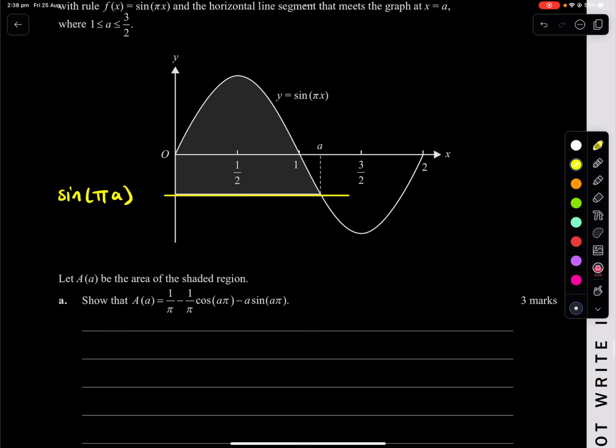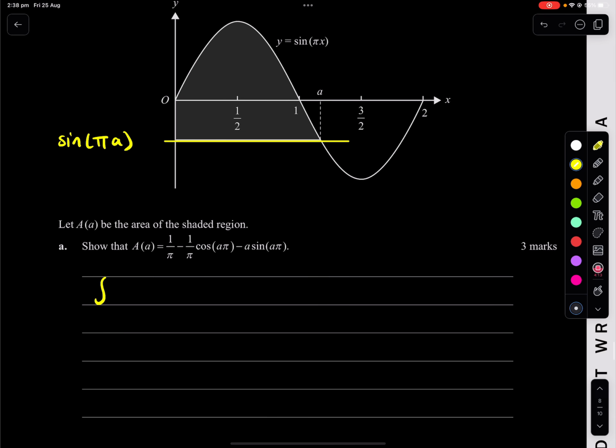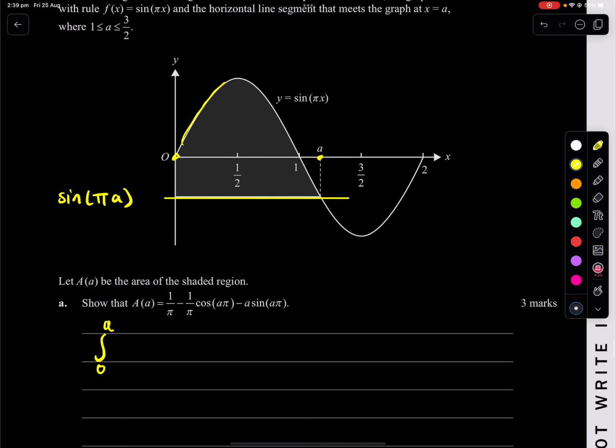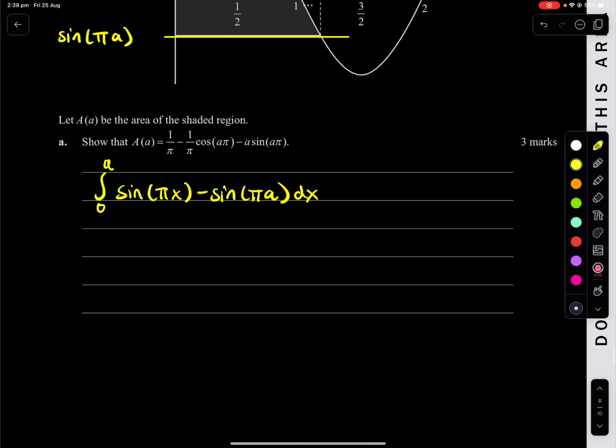That's that equation over here. So we can say that the integral from 0 to a of the upper function, which is sine pi x, minus sine pi a, which is a constant, dx,